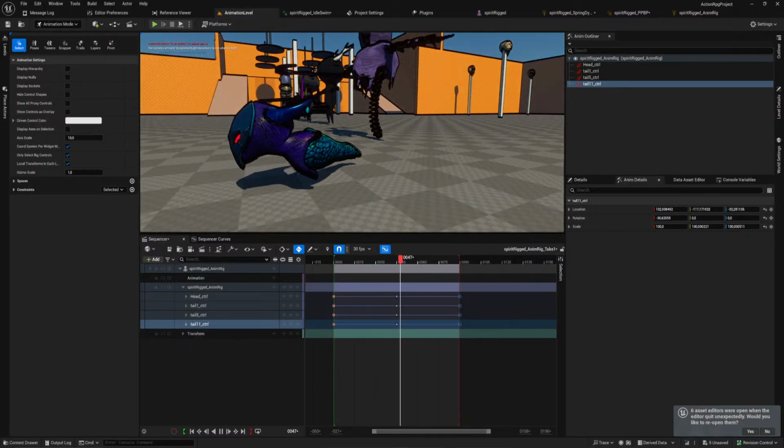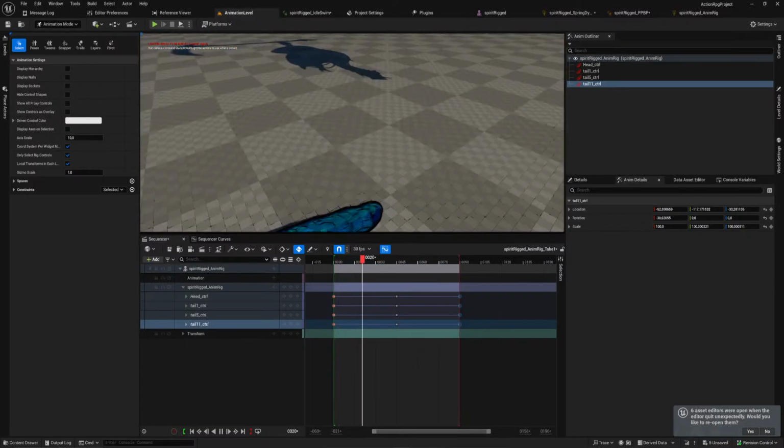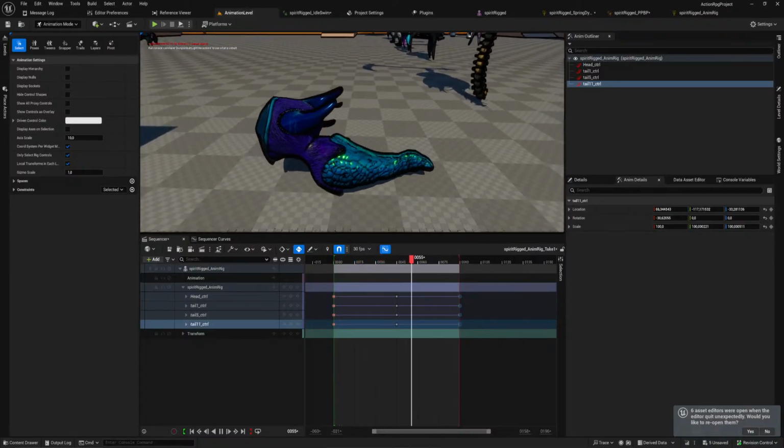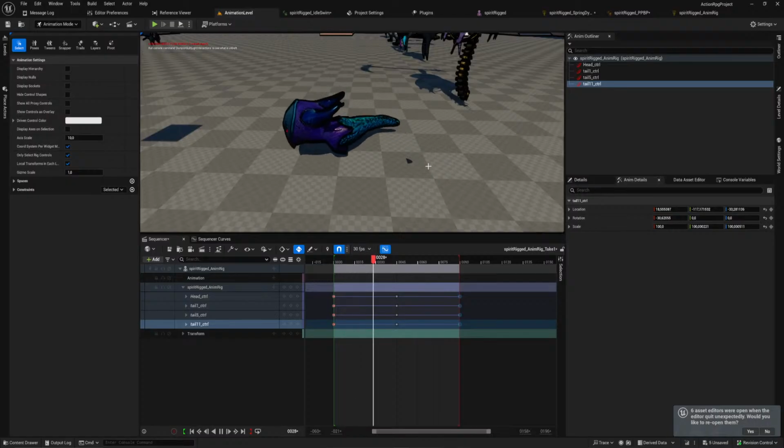I mean, that's... With a little bit of work on the curves for the overshoot, that actually isn't that bad. Would like a little bit more rotation to everything, but